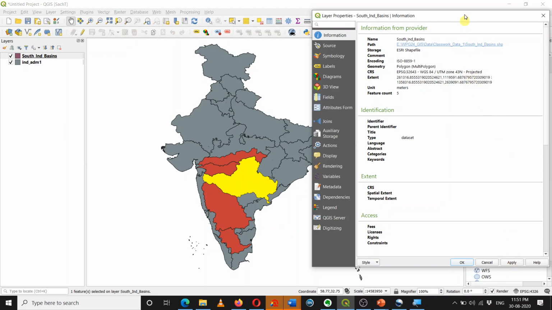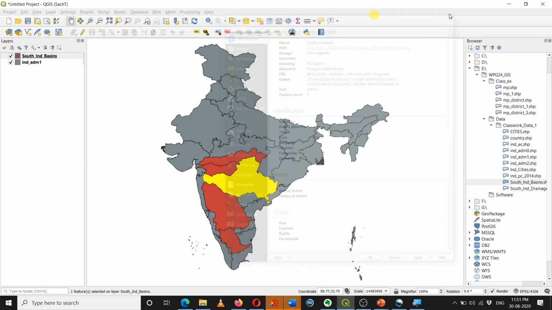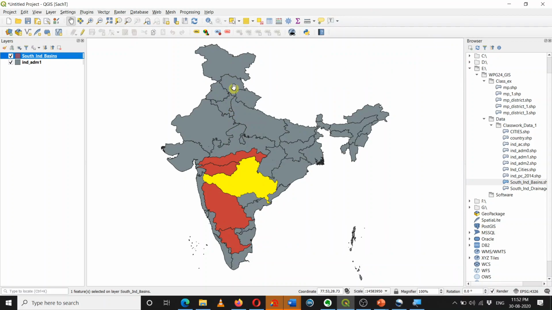Now you can see over here I have 2 layers on the canvas. One is the India admin, which has a different CRS, and the South India Basin, which has a different CRS, yet both the layers are overlapping one another, because of what the QGIS environment does.